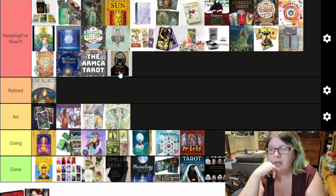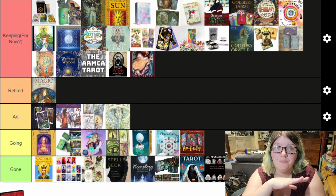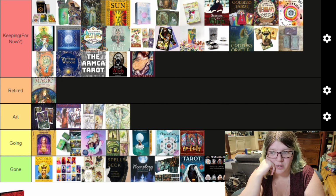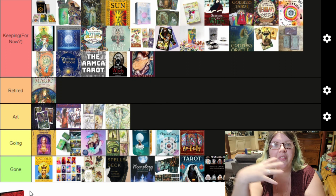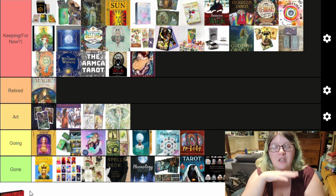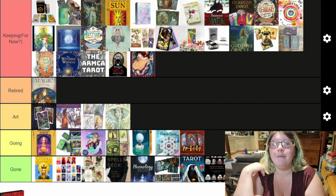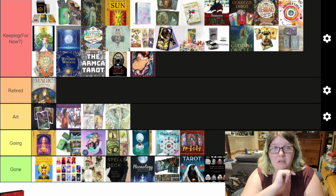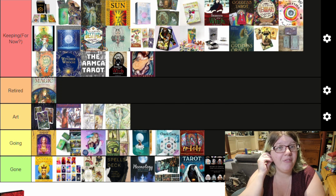Same with the Seasons of the Witch Samhain Oracle, and same with Soul Cards 1 and 2. Now, this last one is an honorable mention because this is the overview of my collection, and I didn't know where else to slot this in. During this year, I bought the Marielle Tarot First Edition, and as I mentioned in a previous video, my May Sparks, which is linked up above in the cards, where I talk about all my favorites,